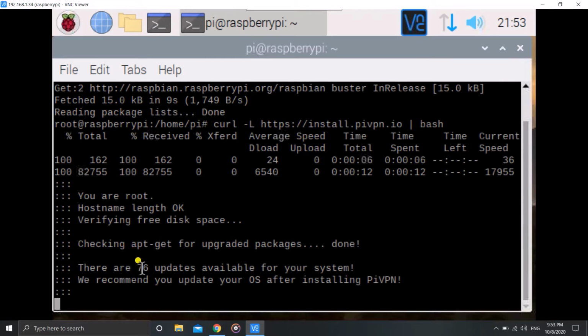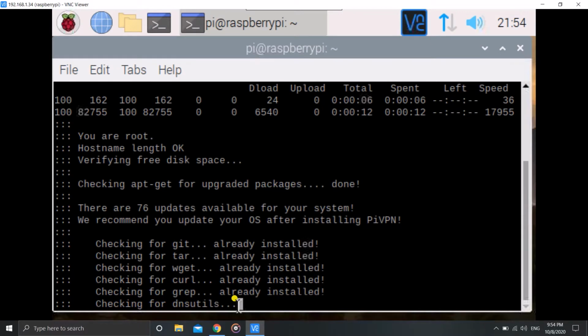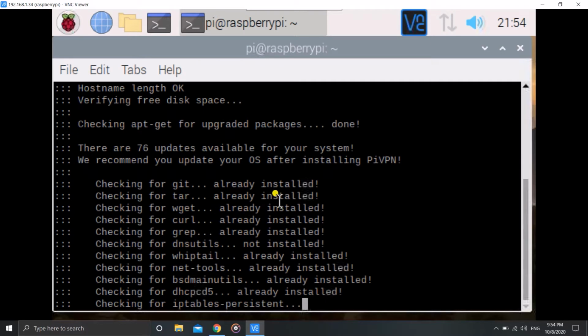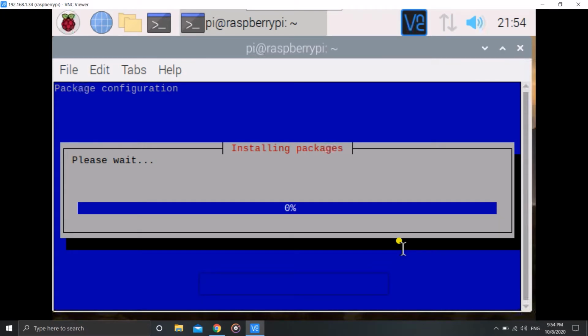I got some updates. Next video you won't see these. Okay, now the process is going on. I will show you on the screen. So it's checking for the packages it needs, I mean the requirements, and if they're not installed, it will install them automatically. As you can see, this one package is not installed. The second one here is not installed, so two of the packages are not installed. So let's see, it will install that, and this process does take time.